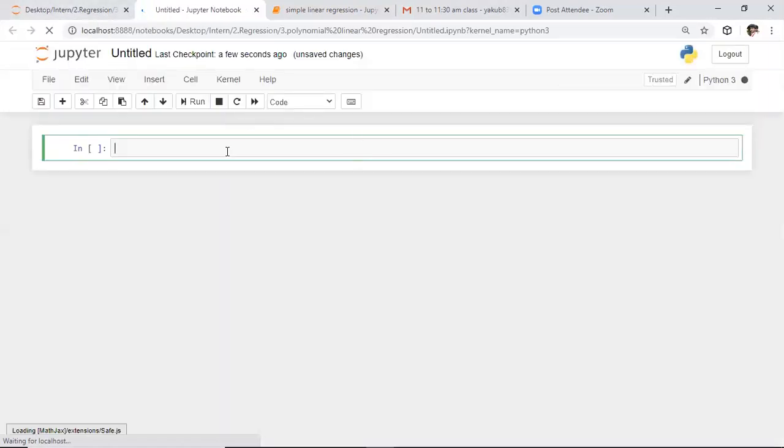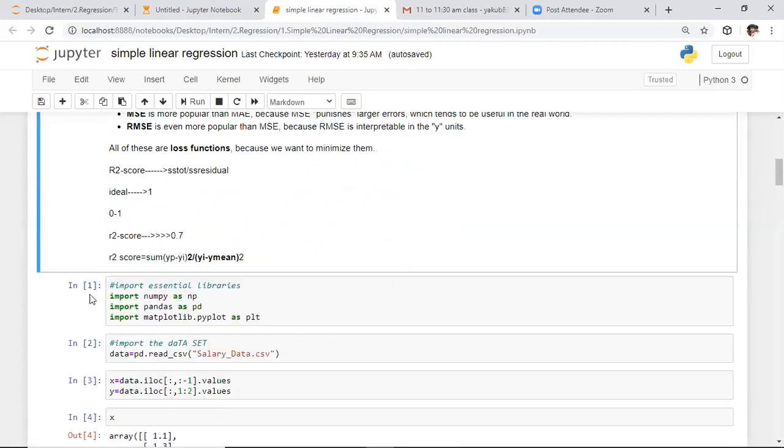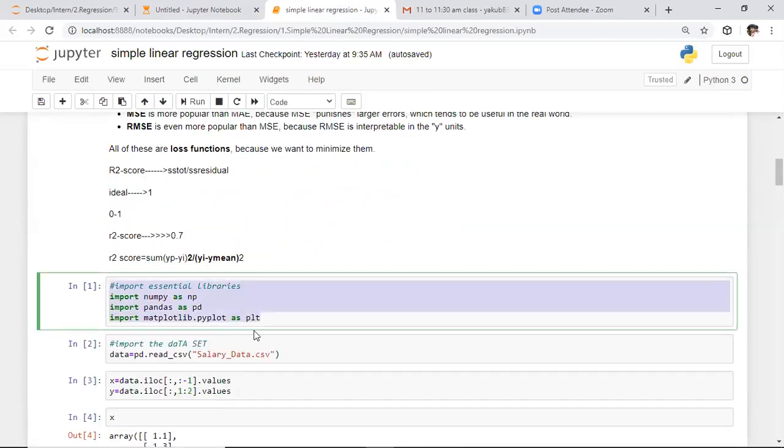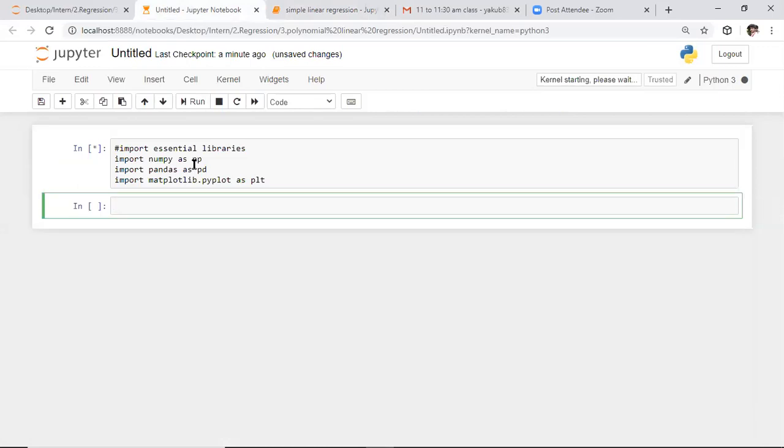Yeah, good, a new file will be opened. We will rename this later. What is the first step to work on any project? First, we need to import the essential libraries. I'm not typing that; I'm copy pasting the same thing from the previous model. So here I'm importing the essential libraries, and I'm running this portion.